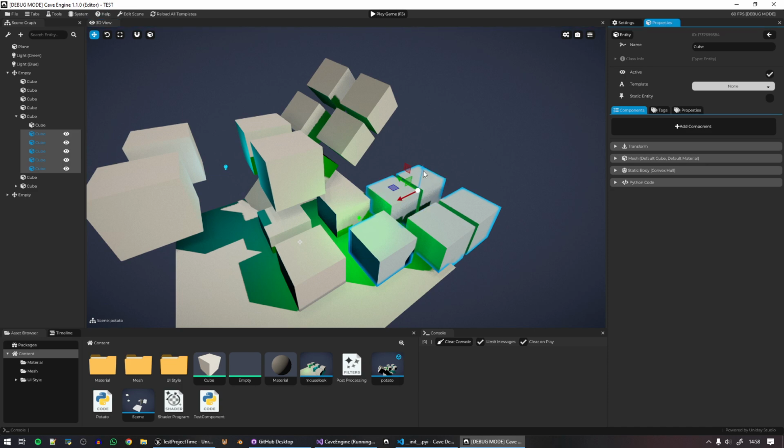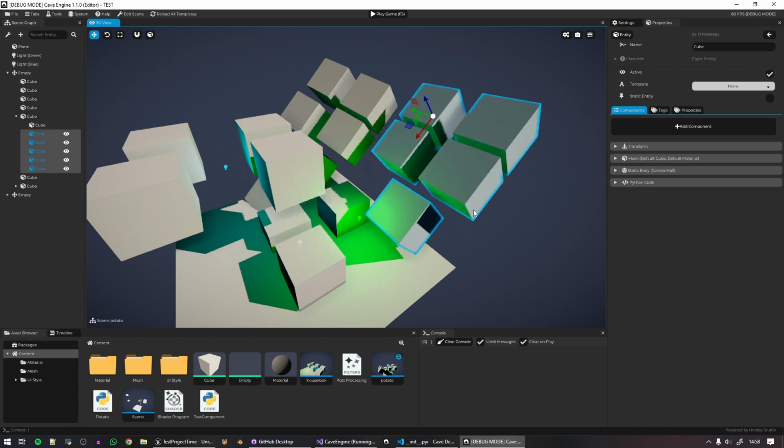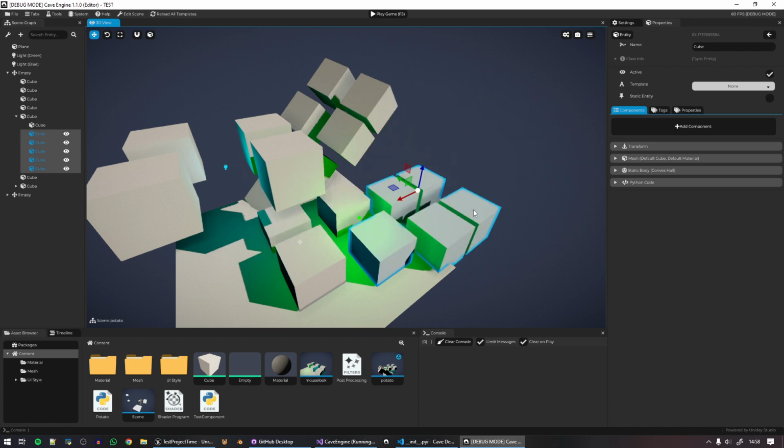Anyways, this video is about the undo system. If you use Cave, you already know that what I'm doing here is absolutely crazy, because I'm multi-selecting stuff, and if I press Ctrl Z, it undoes my actions. So this is the best and simplest possible way to summarize the entire video. If you're just here for the updates, this is it. It's over. Undo is implemented in Cave and